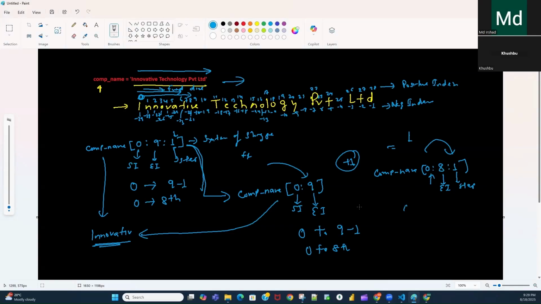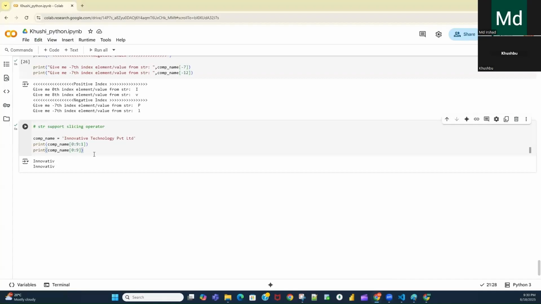So again, it will start from 0 until 8-1, it will fetch the data. So 0 to 7th index, it will give the value. From I till here we will get, because your 8 is here, so it won't give this data. From 0 to 7, it will give. If I take this data and I won't give any value here, and 8:1, if I execute, see here it is giving the data from I to small I, from here to here.